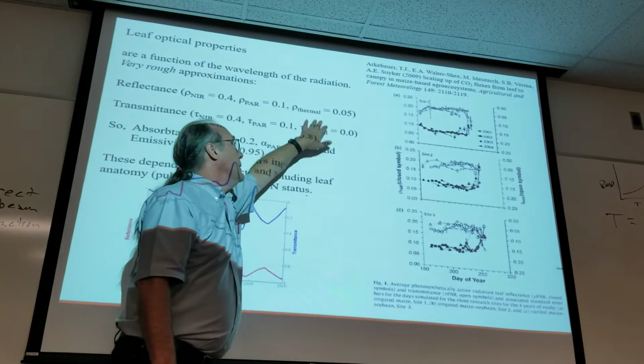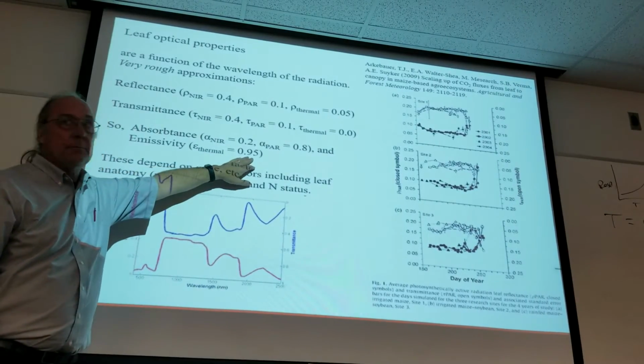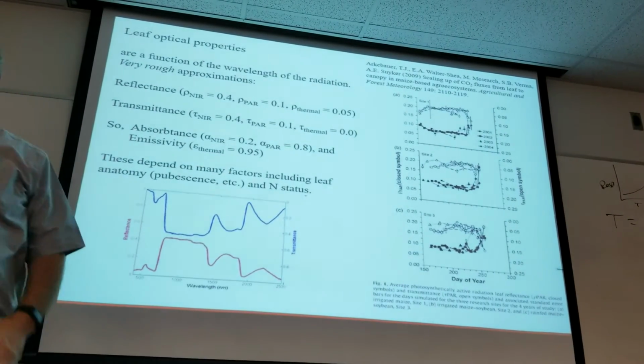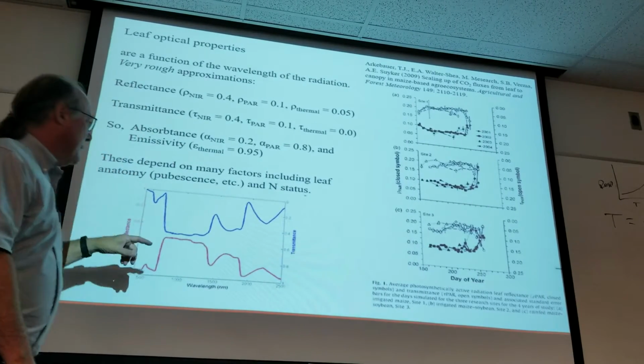And the thermal, you see here, emissivity, perfect black body is 1, and the leaf maybe 0.95. So it's almost, sometimes they call it gray body. Anyway, here's a